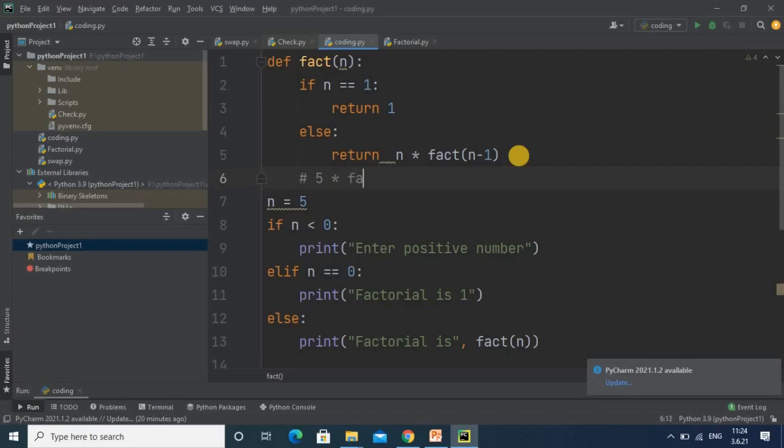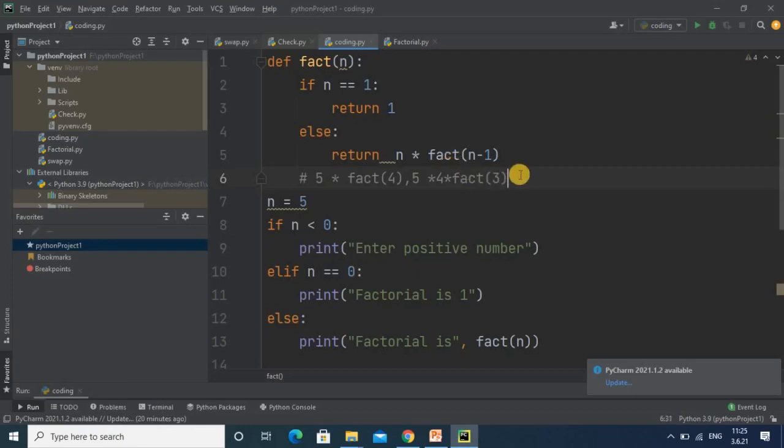So here it is fact of 4. The n value will change here and it will be 4. Got this? This will happen in the first pass, and this fact function will call itself again, and since it is not equal to 1, it is executed again. In the next pass it will work like 5 into 4, because the n value is 4 in the next case, and then it will call fact of 3, because the previous value was 4.